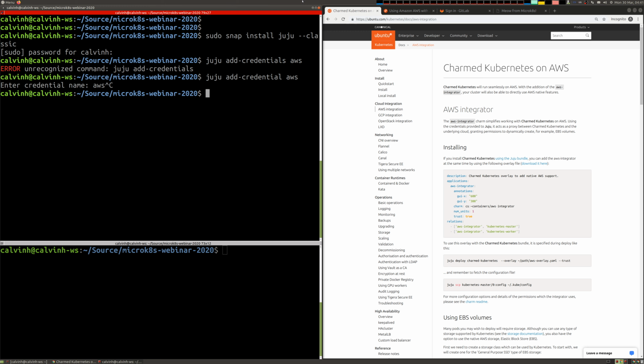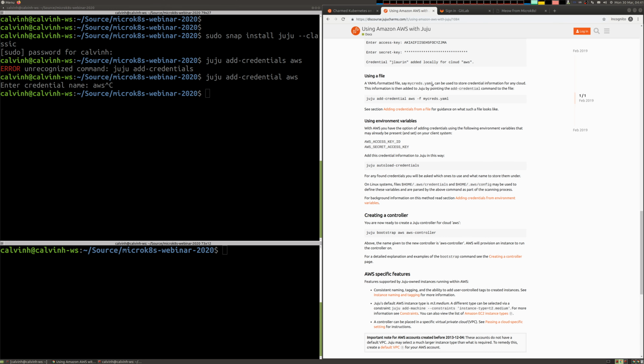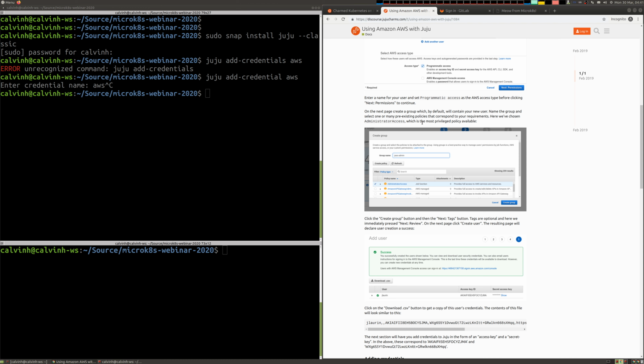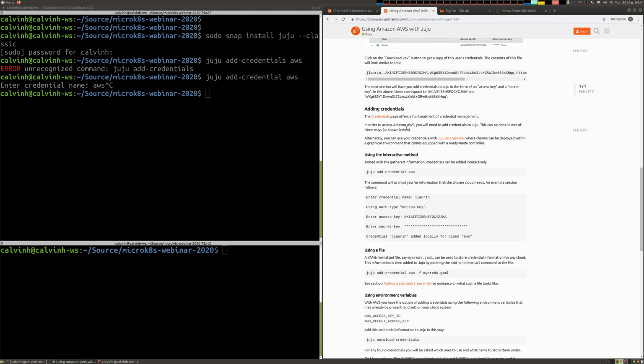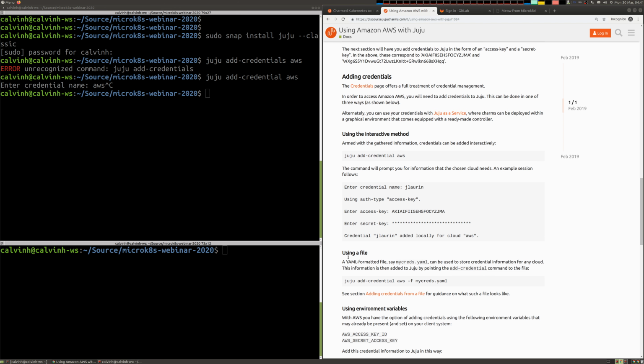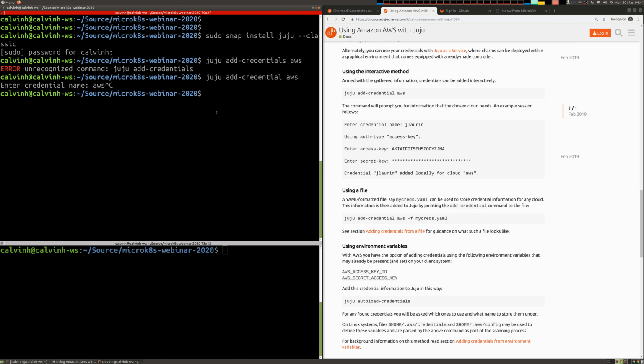But there are some quite detailed steps in the documentation. So this is on the Juju discourse. This explains the IAM credential permissions you need and how to do this in detail. So there's an example here given in the documentation which explains how to add credentials, how to set that up, but I've already done all that. So the next step for me to do would be then to run the Juju bootstrap command, and the bootstrap